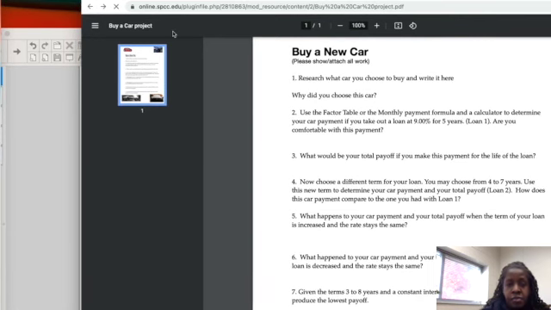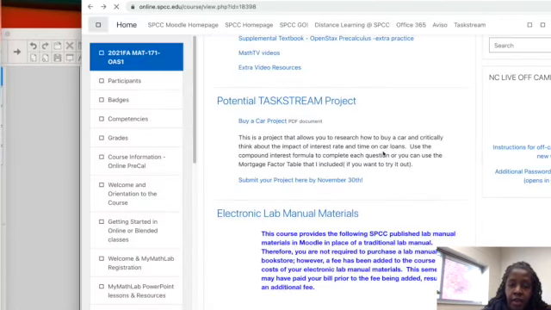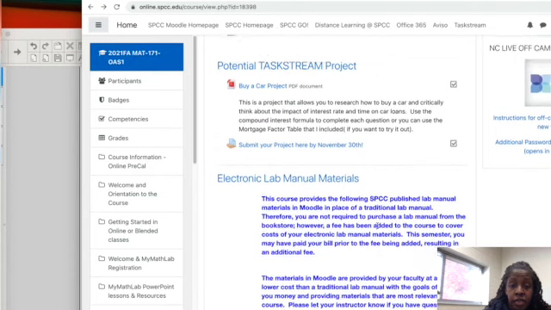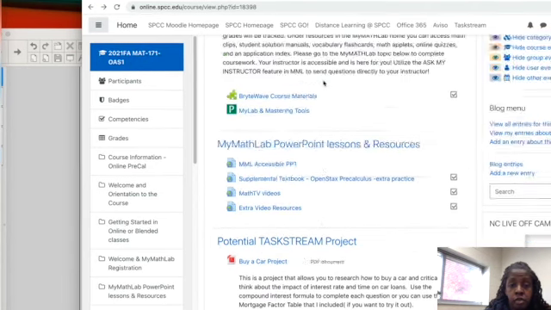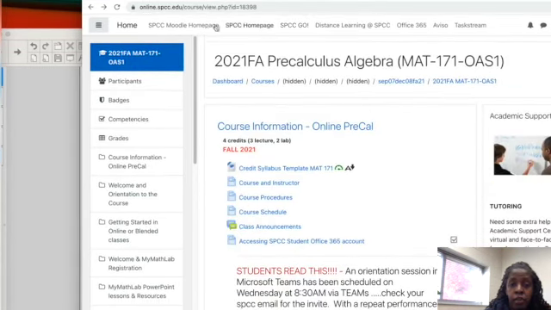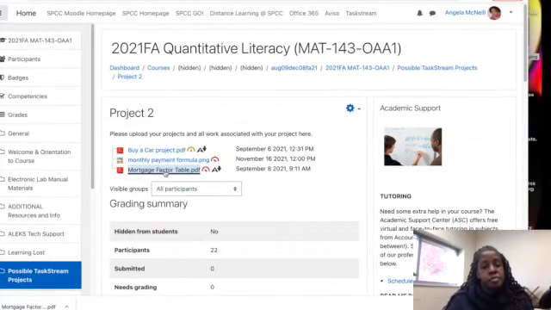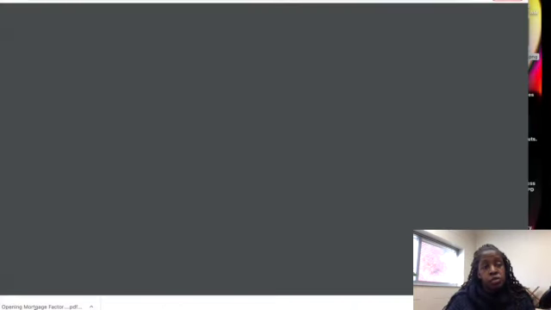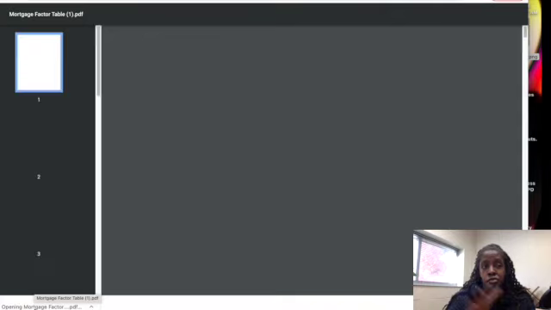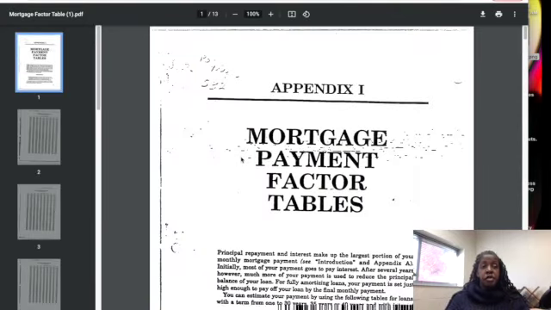Now, I'm going to go over here and see if I've actually uploaded the factor table. I might not have uploaded it for your class, but I thought that I had. It doesn't look like it, though, so that's a bad thing, but I'll go and upload it for you. And it's really a doozy. It comes from an old math textbook that I've owned for many, many years, because I do have, whether you know it or not, a little degree in accounting. Should go off and do something with that. But anyhow,